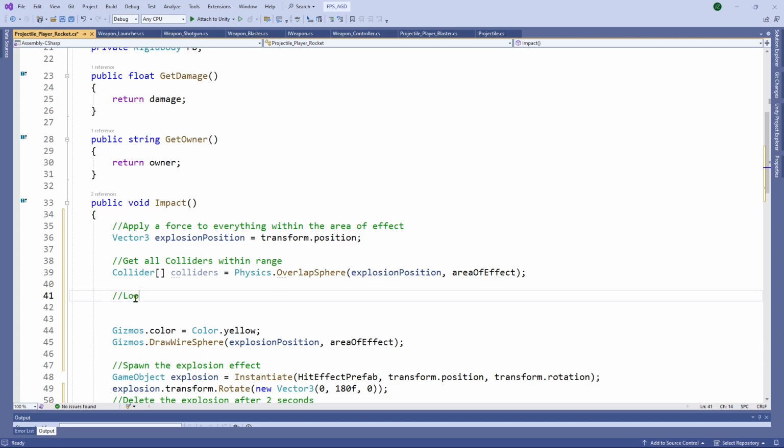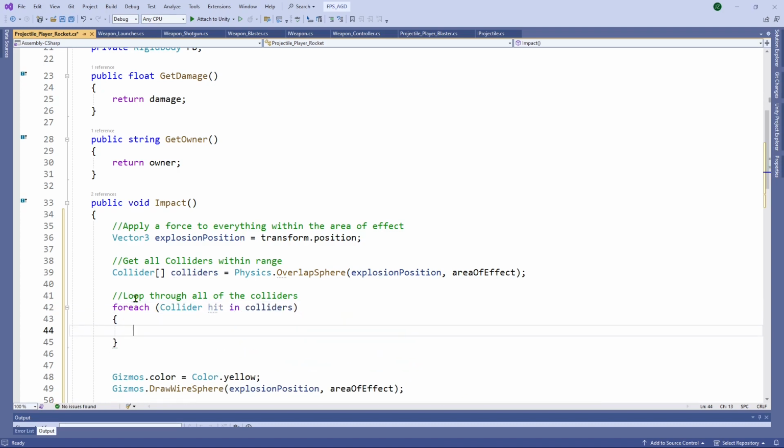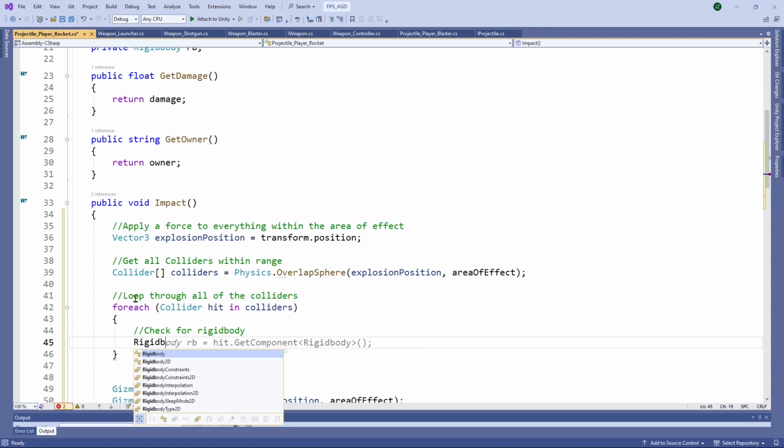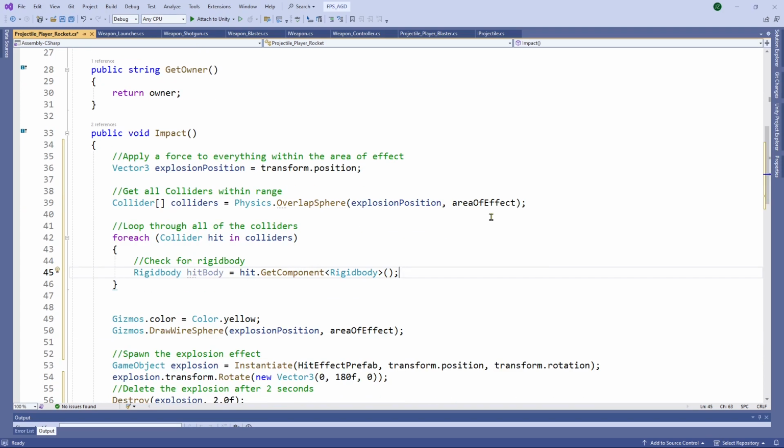So we'll use a for each loop here, and we're going to check for the rigid body. We're going to try to get the rigid body component of the